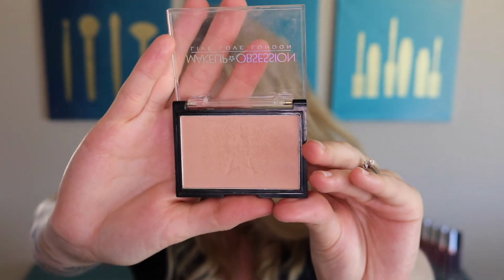This one retails for $5. I decided to throw these two together to give you guys 2 different options. Now, the Physicians Formula Butter Bronzer I've been loving for over a year now. I have hit pan on this baby. I use it all the time. It is absolutely stunning. The new one that came to play was the Makeup Revolution one, and this one became